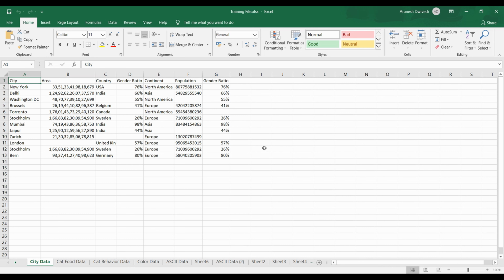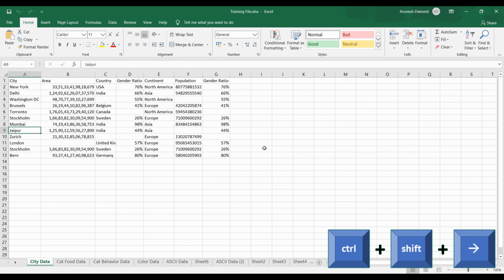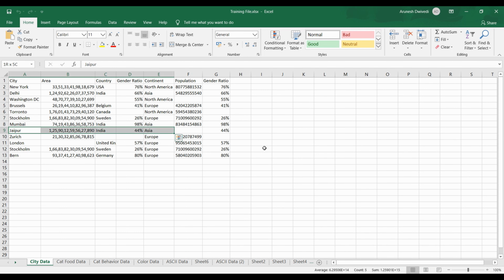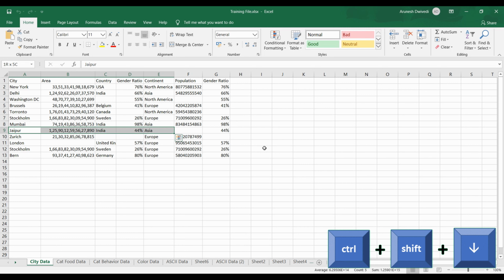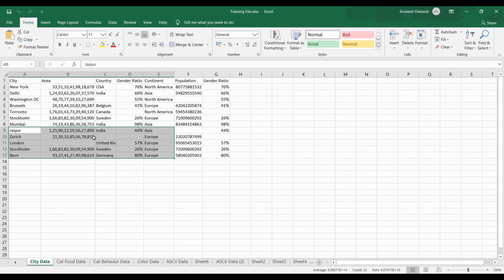So if I am in row number 9 and I keep Control and Shift pressed, I will not only reach till column E in this particular row, but I'm also going to select the data till that point, as you can see now. And now if I'll press Control down, keeping the Shift also pressed, it will take me till row 13. Now you might ask that there are still some blank cells here, like this one, and this one. Then how come by pressing Control Shift down it was able to select till the last row?